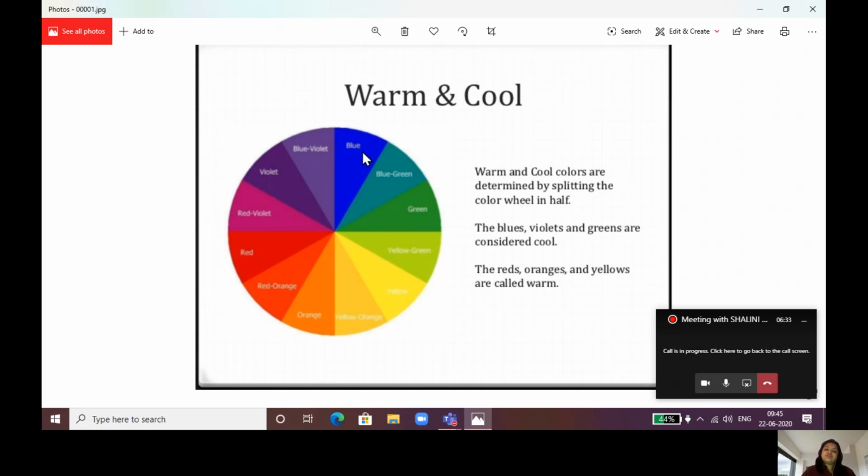So the colors that give a soothing effect to your eyes are cool colors, very light, calm shades, right? All shades of blue, green, and yellow come in cool colors. So that's all about cool and warm colors. Let's go ahead.